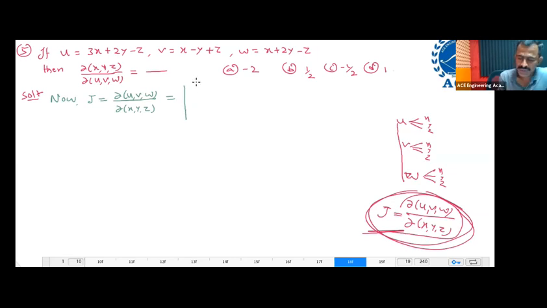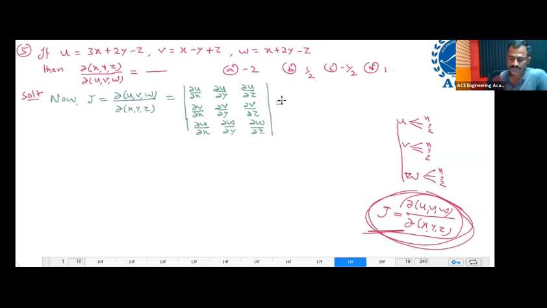Along the first row, dou u by dou x, dou u by dou y, dou u by dou z. Along the second row, dou v by dou x, dou v by dou y, dou v by dou z. Along the last row, dou w by dou x, dou w by dou y, dou w by dou z. This is equal to